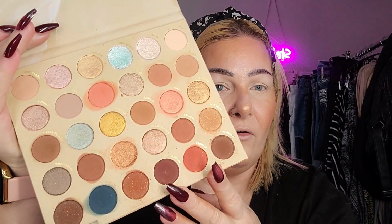I'm not sure exactly what I'm doing yet, but I have pulled some products out. This is the Colourpop You're Golden palette. And I'll just show it to you. I used this in my last video or a couple videos ago. I'm going to do a brown and true yellow gold look. I'm going to start with a fluffy brush. I'm going to go into the shade Covet